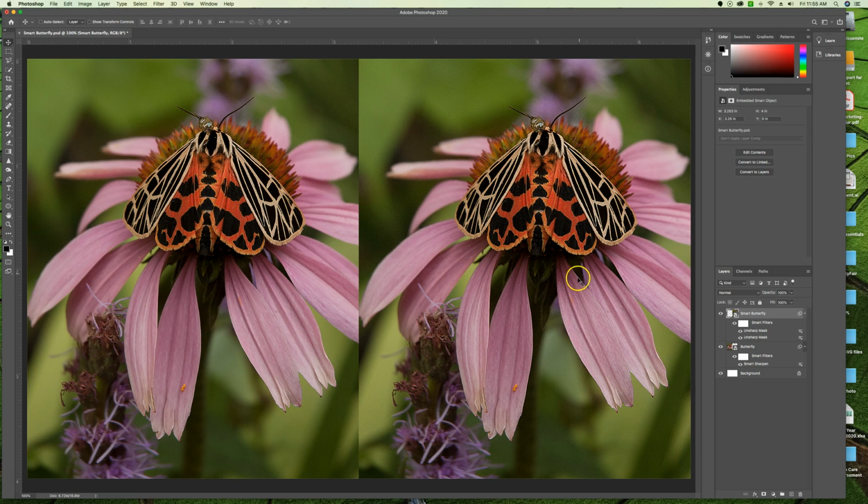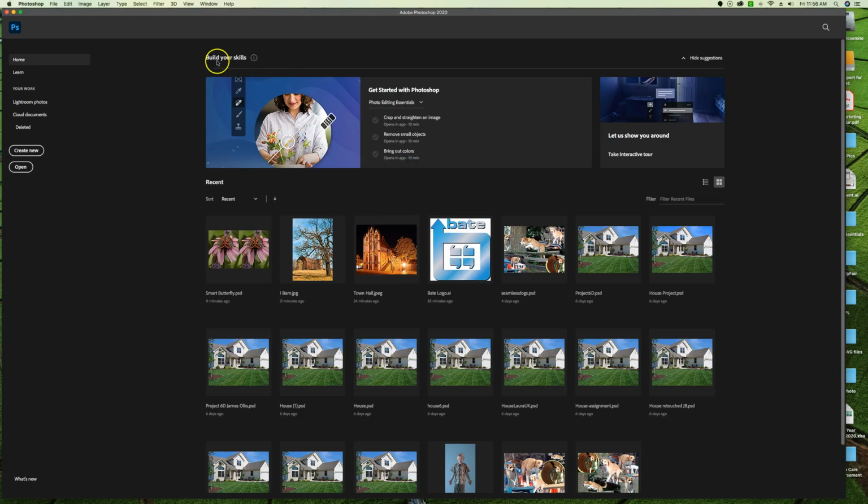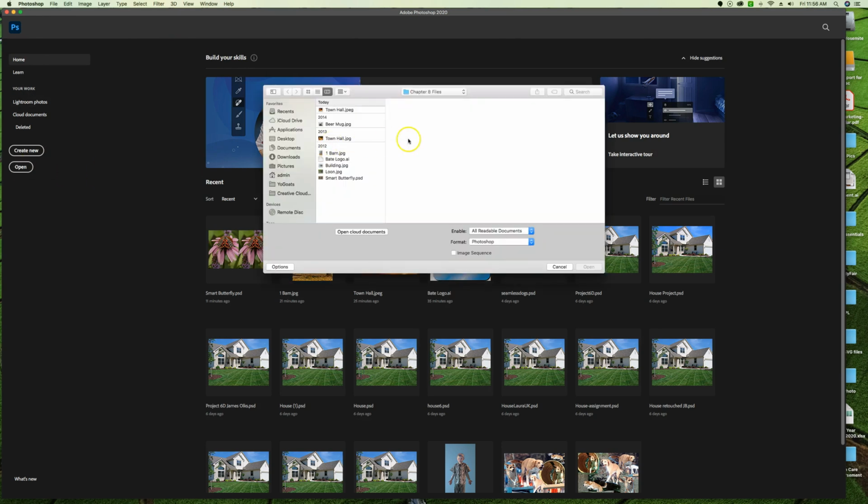Smart sharpen might be the way to go. Seems to do a great job. We can close this one, and we're going to check out the shake reduction option next. So open the image called beer mug,